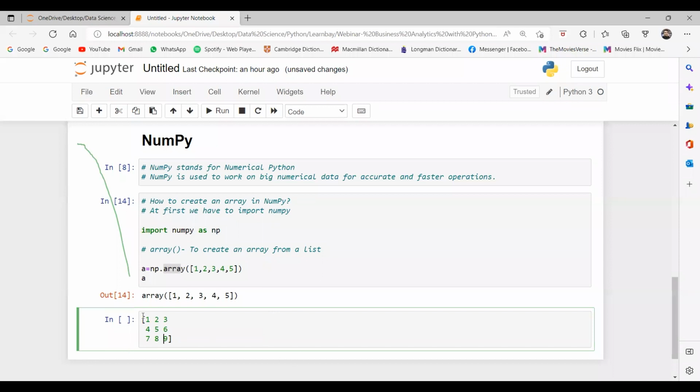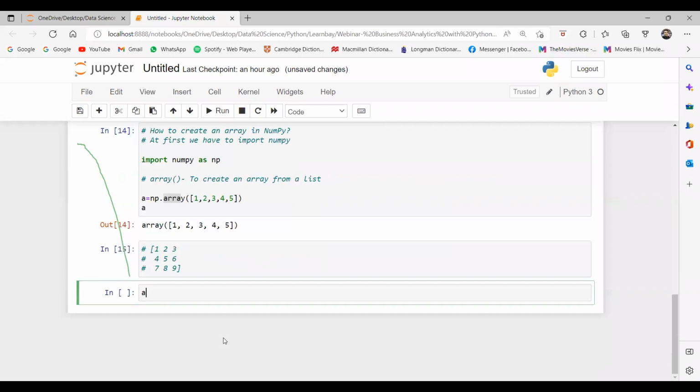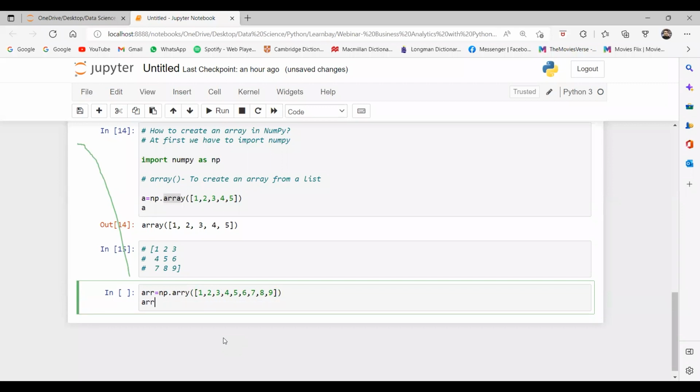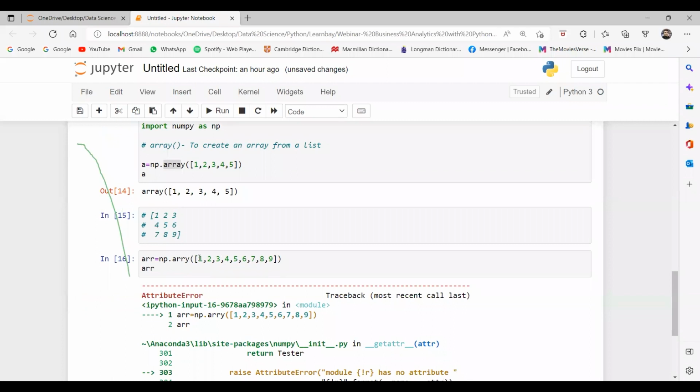So for example, I want an array to be printed in this manner. Then we have the reshape method. So for example, my variable name is array. Any name you can take, and I am saying create an array. To create an array, I have to use the array function, and to call it, I have to use the numpy instance np.array, and I am passing a list inside: 1 2 3 4 5 6 7 8 9. Fine, guys. So if I print array here. You forgot the A before, yes.